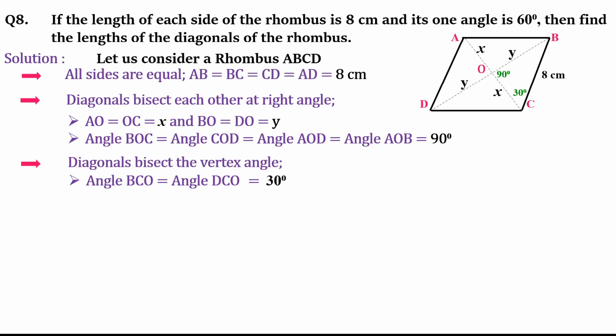Now I know angle OCB also, this is 30. Now can you see a right angle triangle where base is x, because 30 is the angle, so the side opposite to the 30 degree angle will be called perpendicular. OB, which is y, will become perpendicular. OC, which is x, will become the base, and the side opposite to 90 degree, BC, will be taken as hypotenuse. So you can see 30 is a standard angle, and I can apply a T ratio over here.